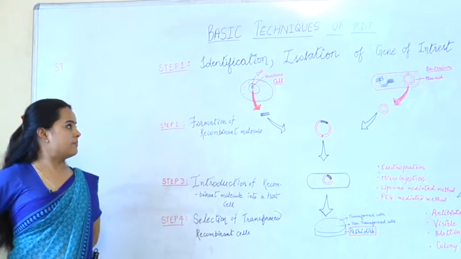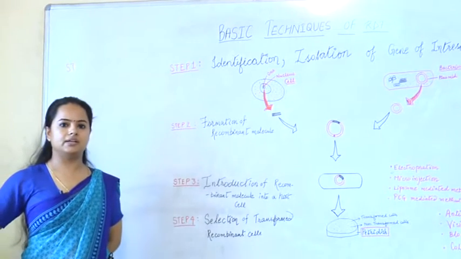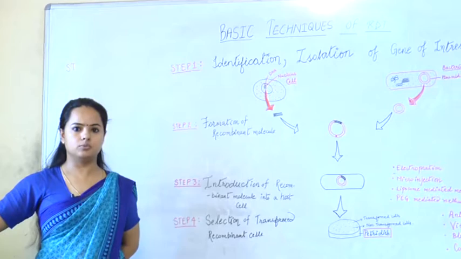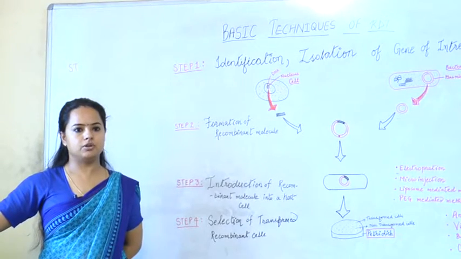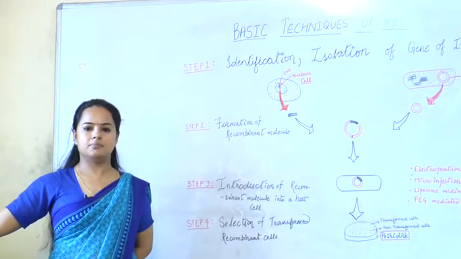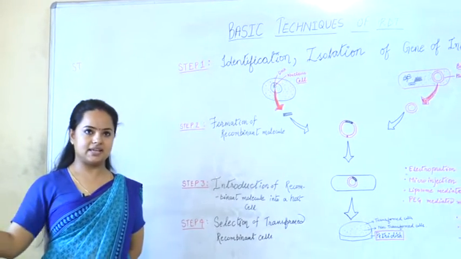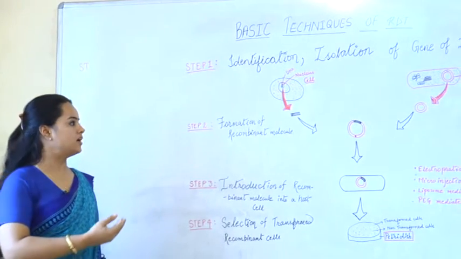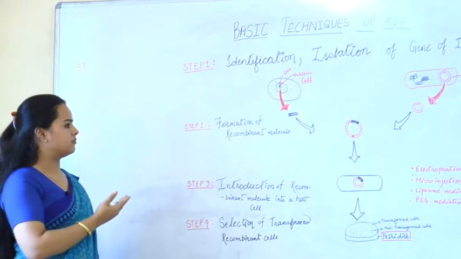A very good example of modern recombinant DNA technology is the production of humulin, that is the human insulin synthesized inside a bacterial cell. The basic technique behind this production of humulin is divided into the following 5 steps.